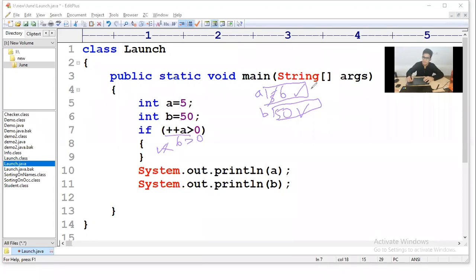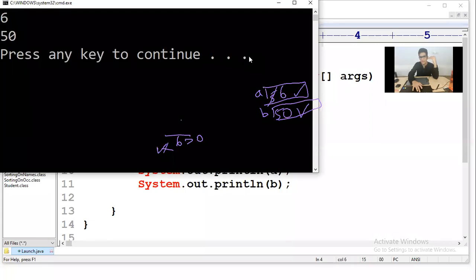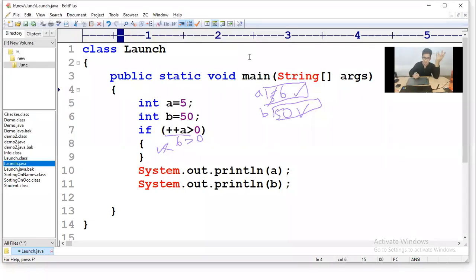See, the answer is 6 and 50 here. This is simple, but slowly we will proceed.